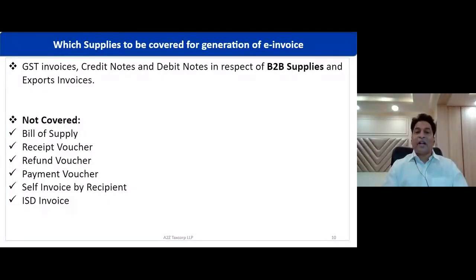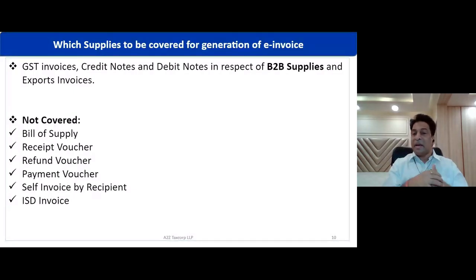The second point I would like to draw here is that we always see debit note and credit note linkage with the original invoices. There may be a case that you are issuing a debit note or credit note post 1st October 2020, which is related to your original supply made prior to 1st October 2020. Is it going to be applicable? The answer is yes. And you must have seen that even the GST Common Portal has done away with the linkage of credit note and debit note with the original invoices. It can be with multiple invoices.